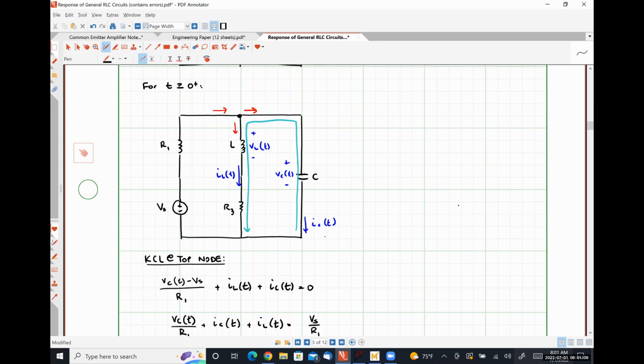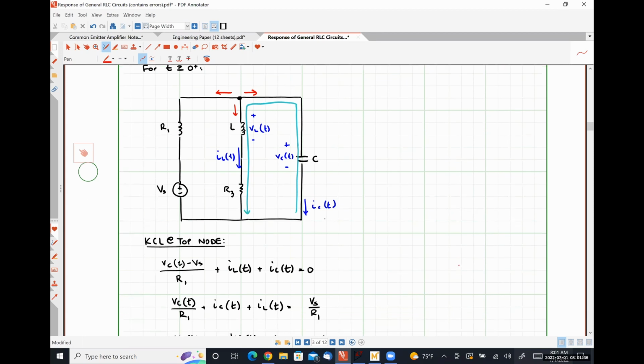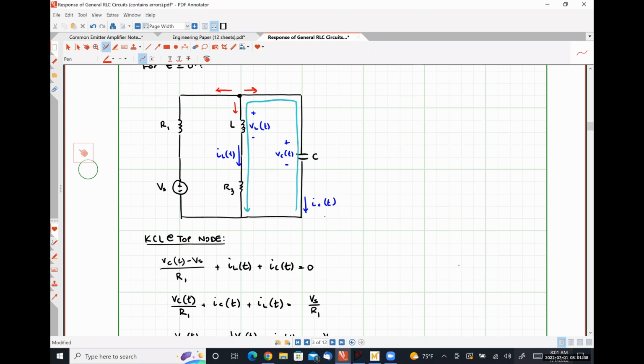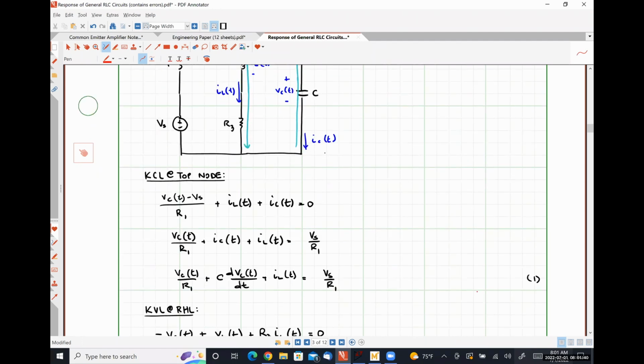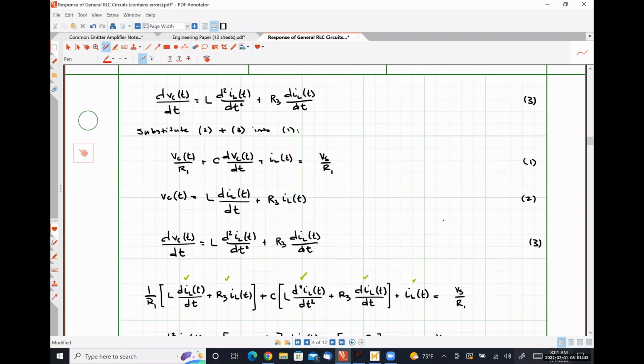So if you look at the directions that I have the arrows drawn here, I had the current flowing in plus the current flowing out equal to 0, when I should have had the current flowing in equal to the current flowing out. So what I've done is I rewrote my expression with the current flowing in this direction, effectively just changing the sign on the first term, and that sign change trickles through,